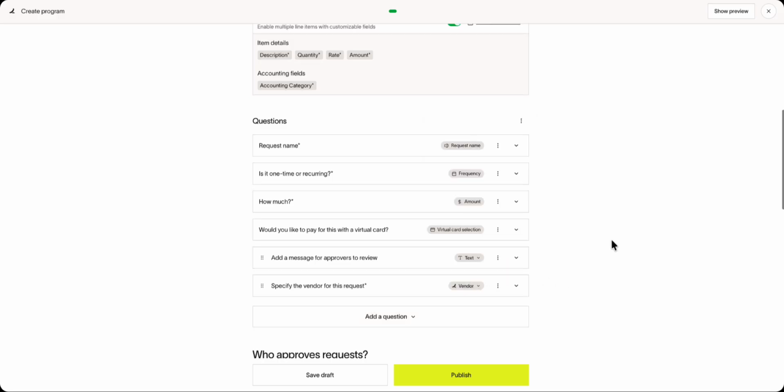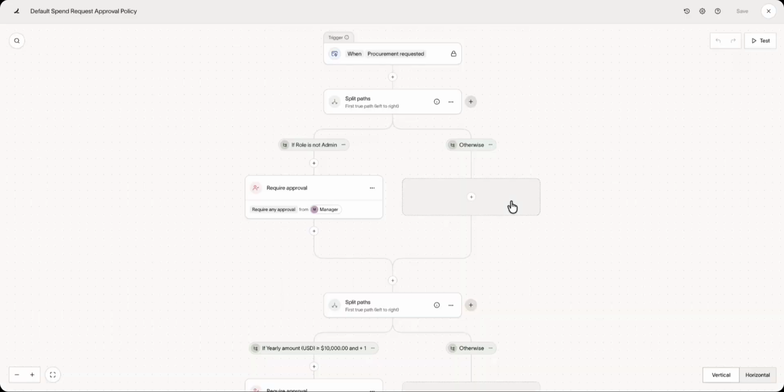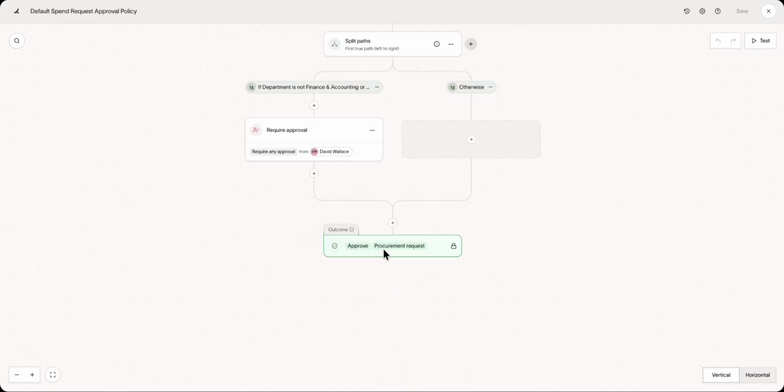Next, let's set up the approval workflow for this intake form using the Workflow Builder. Click Edit here. The builder opens up a full screen canvas with 2 nodes already in place. The trigger up here is an event that starts the workflow, where it says when procurement requested. Ramp sets this up automatically based on the workflow type, and you cannot edit it. The outcome all the way on the bottom is the final step that approves the card for PO once all